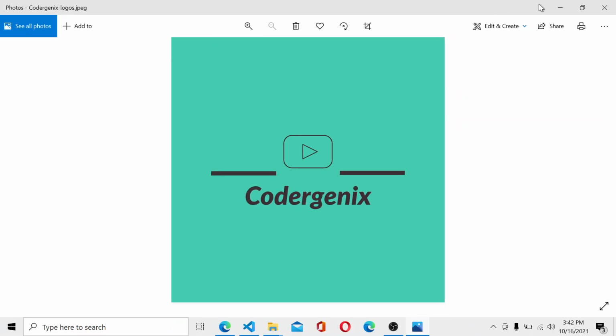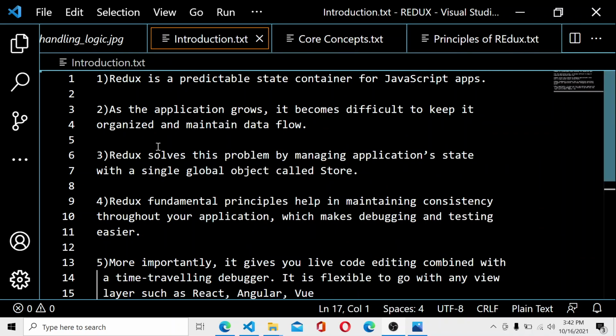Okay, so first of all, this is a part one video, and in this video I am going to show you some theory-based concepts of Redux. Redux is a predictable state container for JavaScript apps, which means if we are creating a JavaScript application, JavaScript applications are best suited for web-based applications. This is a predictable state container, which means it is a state container. It stores state values and it is predictable, which means we can predict what will be happening the next time. So that is the main specialty of Redux.